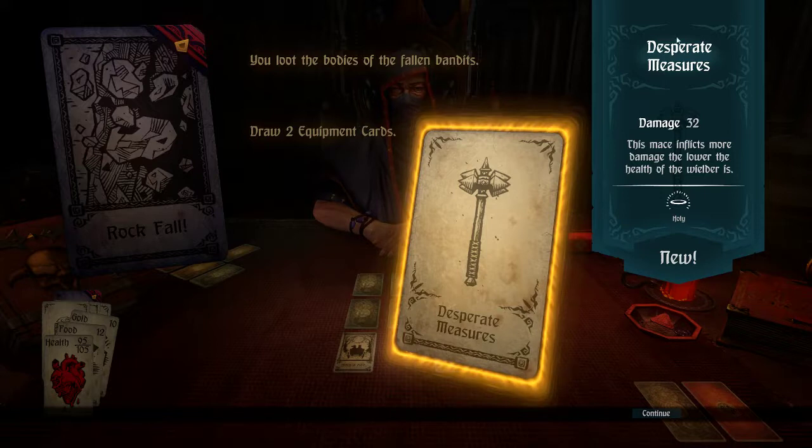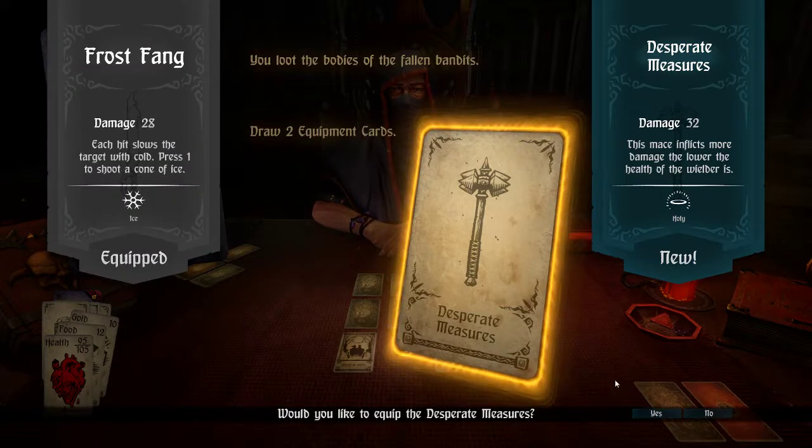So that's true. The Desperate Measures gives us bonus damage based on how low our health is, but we're getting through all of these quite well. So it has more base damage, but it doesn't have the special ice attack. It gives us Holy,